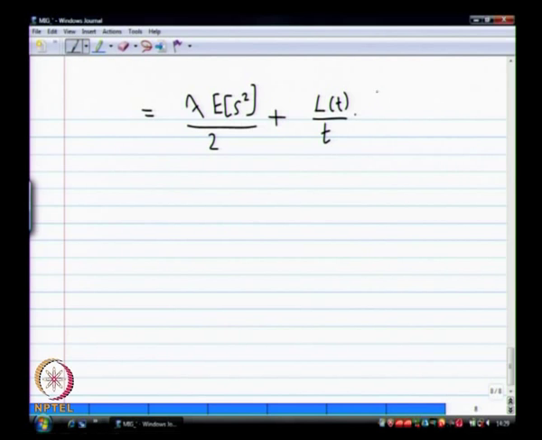Then this would be sigma vi squared over all the v's divided by L of t. There is again 2 here, so multiply and divide by L of t like we did before. This was the term, vi squared by 2t, and we simply added this extra term. So what is vi squared by L of t? It is E of v squared, the second moment of the vacation time.